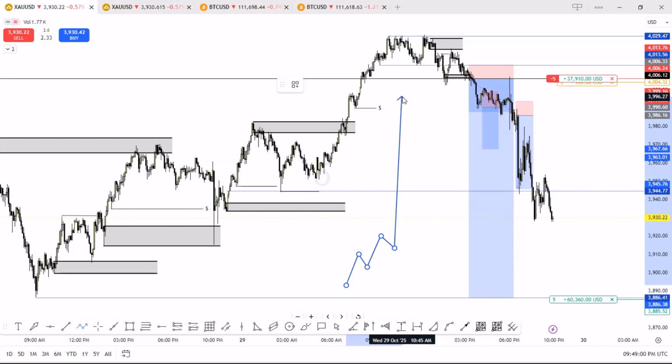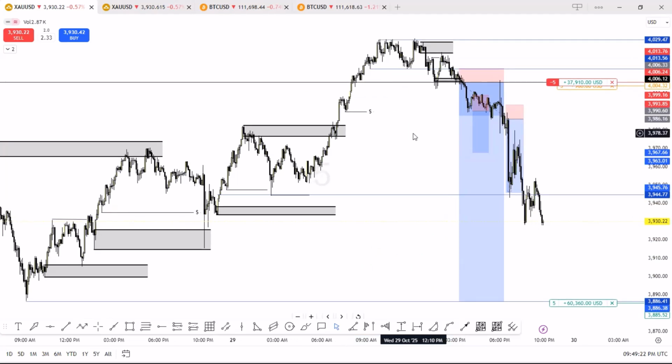But if it also rejects the market, which is if it goes in the opposite way, price is going to drop back down. But that doesn't necessarily mean that the movement of the trend has changed. No, even after shooting all the way back down, price will find its way back up and continue the trend again. So all you need to do when you are trading news is understand where the market is going. If you know the market is going down, you know how to trade it. If you know the market is going up, you know how to trade it, and you are always going to be in good trades.